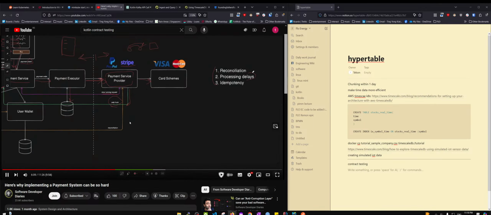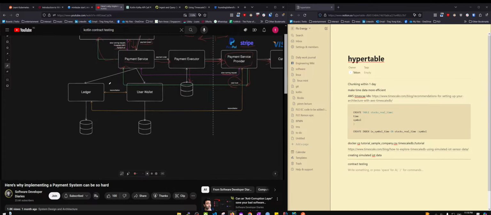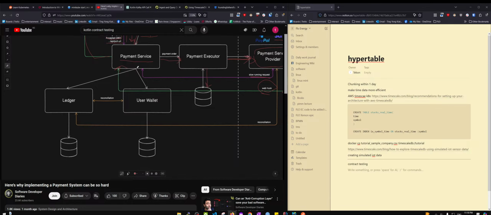Now that we've discussed processing delays, let's go back to reconciliation, our first point. So what is reconciliation? As you can see here, we have a ledger and a user wallet. As soon as the payment has finished, the payment service has to asynchronously update the ledger. The ledger is where all the transactions are saved, meaning the debit and credit records. And we have the user wallet, where the funds of the specific user are saved. It can be internal, but it can also be a bank account directly, depending on the architecture. And they have respective databases, meaning these